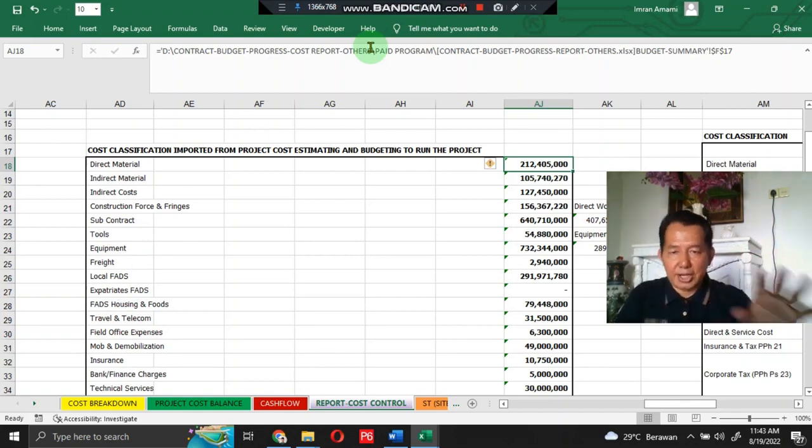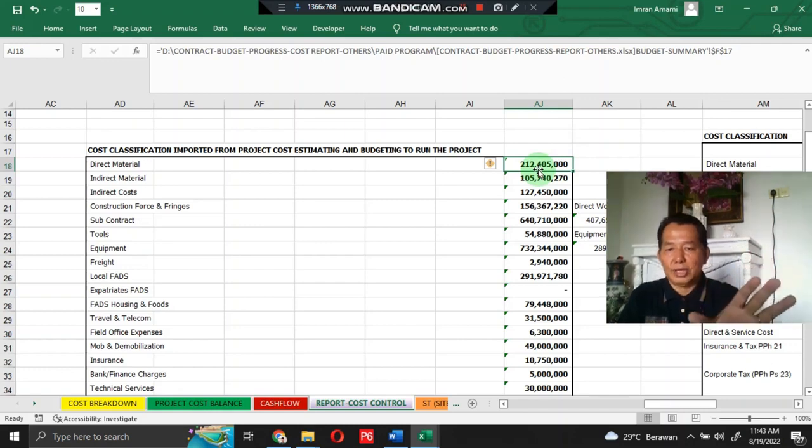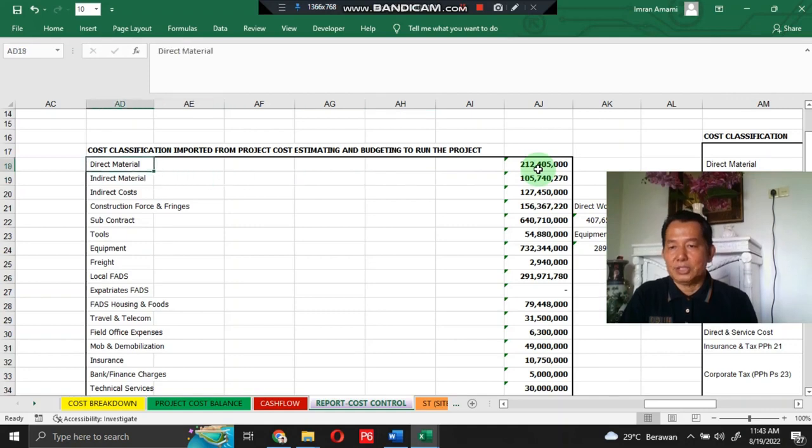Inside these cells, any worksheet, contract, budget, progress, cost report, and others. All project costs and all project cost items in this cost classification table are imported from project cost estimating and budgeting that was made before to run this project. This is all project cost and project cost items here, imported from the summary of project cost estimating